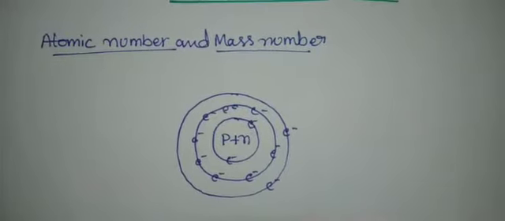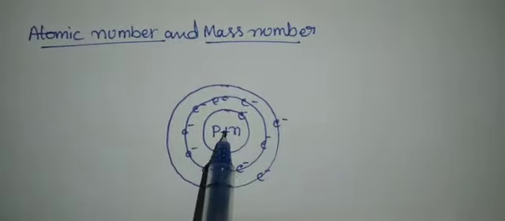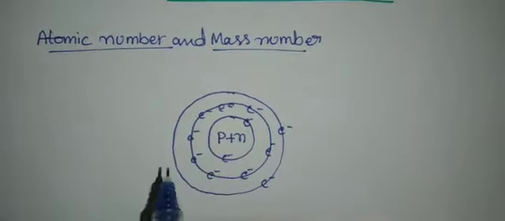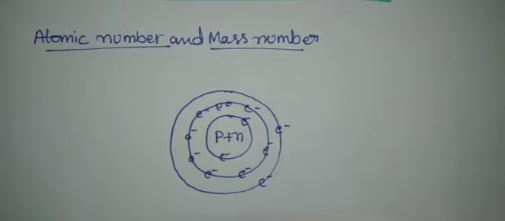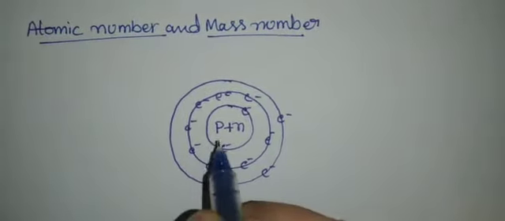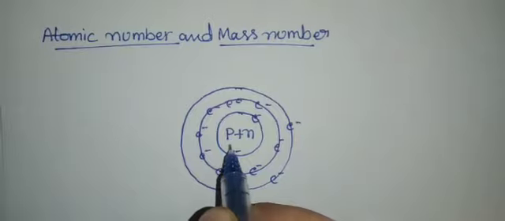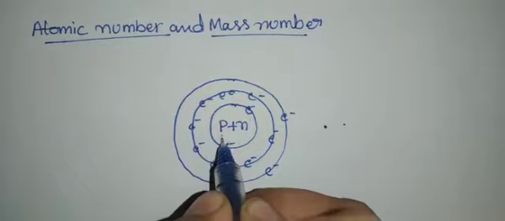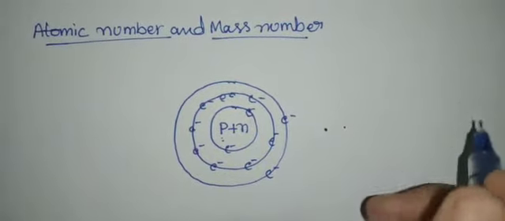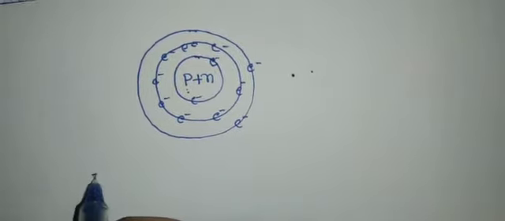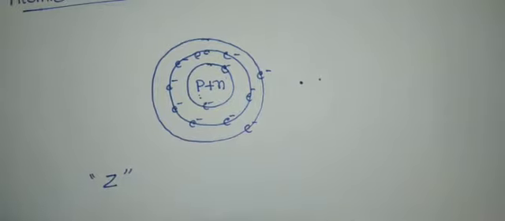discrete orbits. To understand atomic number, we know that protons are present in the nucleus of an atom, right? So the number of protons indicates the atomic number. It is the number of protons of an element, which determines its atomic number. Suppose if the atomic nucleus has 6 protons, its atomic number is 6. Suppose if the number of protons is 4, then the atomic number of that element is 4. And one more thing, the atomic number is denoted by Z.